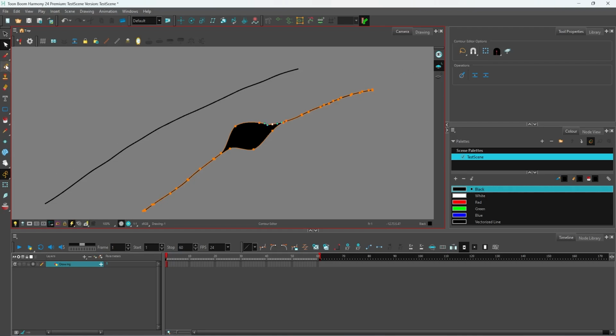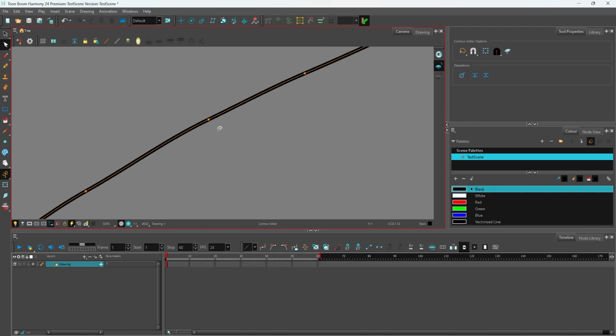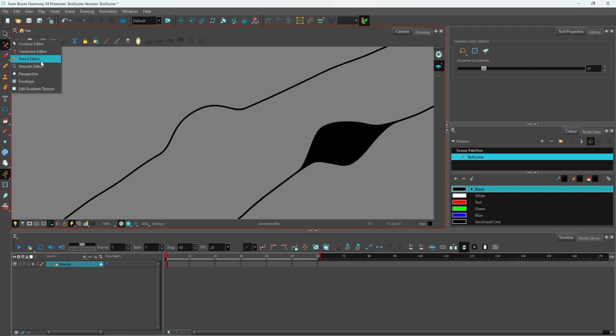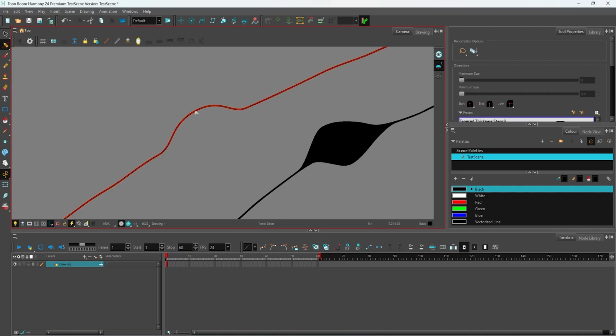Versus the pencil line, which, if I select it, you'll see is actually a single line that happens to have a thickness. Okay, and so there's a difference between these two, and there's a reason you might want to use one over the other. This will allow us to adjust this, but if I want to make the line thicker, I have to click on this white line, and I can go to, I think it's the centerline editor. Is that correct? No, I'm sorry. It's the pencil editor,